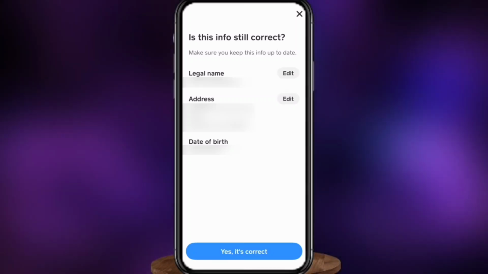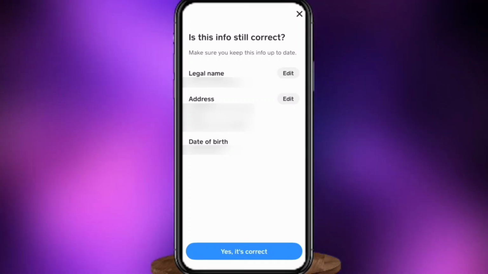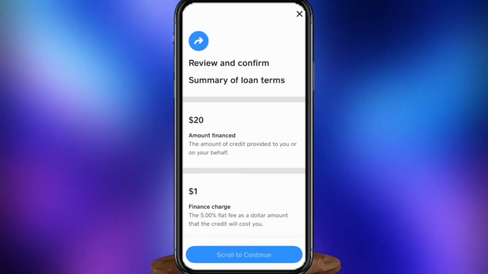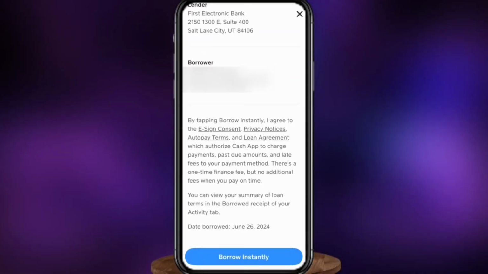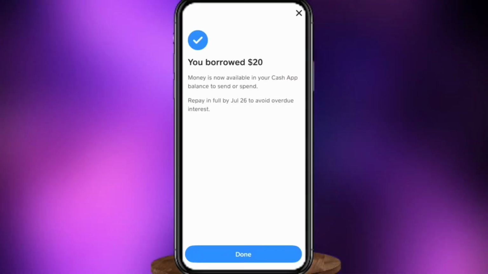and then in the next screen I should go ahead and fill in this info, make sure it is correct, so the legal name, address, and date of birth, of course. I'm gonna tap on yes in the bottom, and then here I'm gonna make sure everything looks right. You can scroll down, and then once you make sure everything looks right, you go ahead and tap on borrow